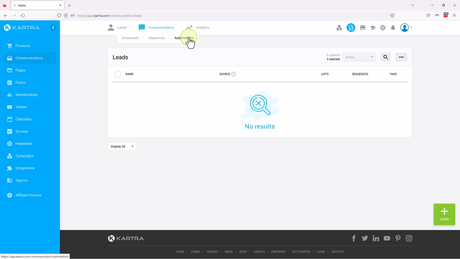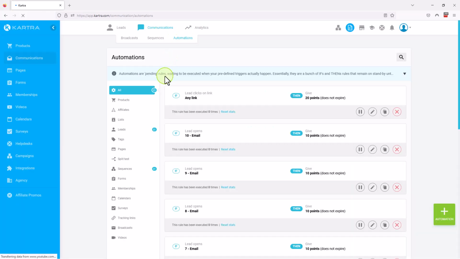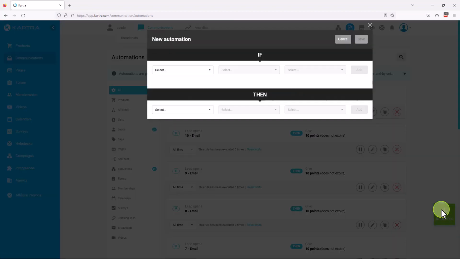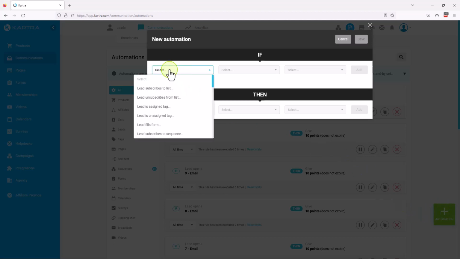So let's go back to automations. How would you create a goal-based automation? Clicking on the green plus sign here, you can create a new automation. And what would be a goal-based automation? For example, you have a number of options here, but let's say when a lead buys a product, that's one of the most frequent ones, or even plays a video. So let's do this one. When a lead plays a video,